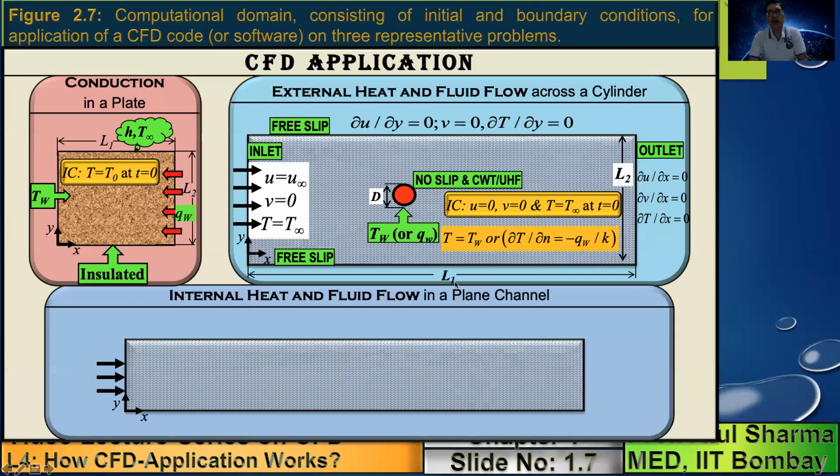As compared to external flow, in an internal flow problem, like flow in a pipe, we are considering here a two-dimensional problem. So it's a flow in a plane channel where top and bottom are like flat plates whose dimensions are very large, perpendicular to this plane. In this case, the size of the domain is known to us. We know the height of the channel.